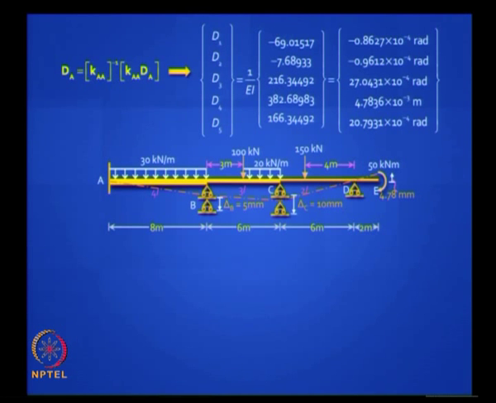You can actually draw a sketch and check out, at the free end it is 4.78. Because the rotations you can't make out in a drawing, they just tell you whether the rotation is clockwise or anti-clockwise. Those numbers do not have as much meaning as deflections have, clear? Okay, now what is the next step?